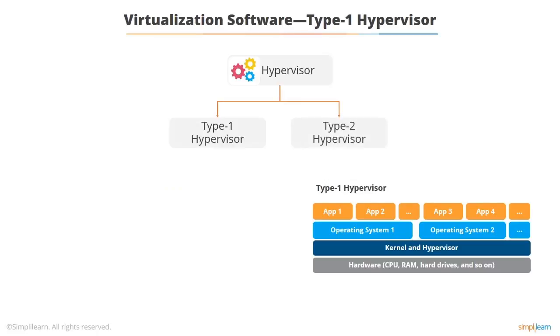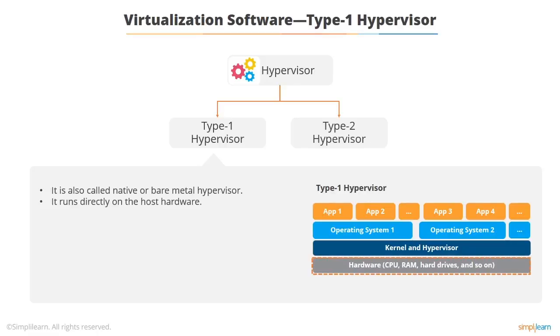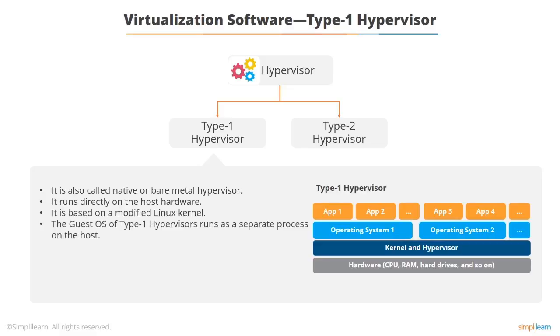And there's two types of hypervisor, although the distinction is getting a little bit vague at the moment. The type 1, which is also called a native or bare metal hypervisor, is basically a piece of software that's installed directly on the hardware. It's usually based on Linux. VMware was originally based on a modified Linux kernel. And then the guest operating systems run effectively as processes on that host operating system, which is the hypervisor. This is the approach used for the high-end servers.